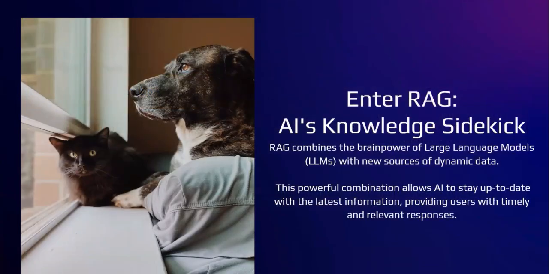Right. So let's talk about RAG. RAG combines the brain power of large language models with new sources of dynamic data. These new sources of dynamic data can be text data, numerical data, all sorts of data, including the internet. There's basically no limit on what this can be. But for all intents and purposes, this presentation will specifically address the concepts used in a text document RAG. So with RAG, your large language models have access to up-to-date information, and that's what we are going to be talking about.